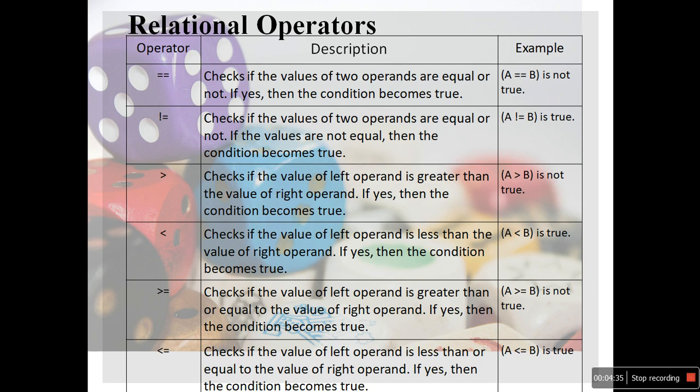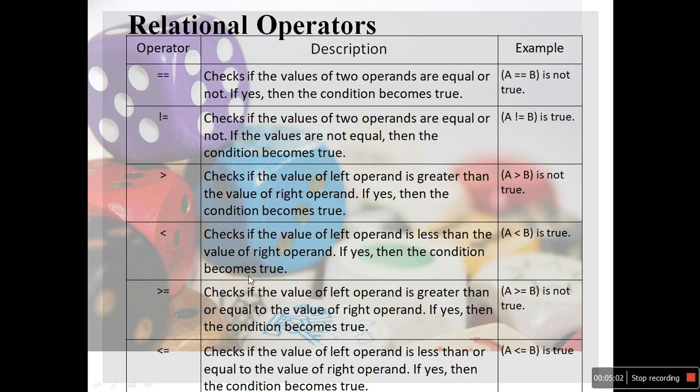If a is equal to 10 and b is equal to 15, that means a and b are not equal, so that is false. Our next operator is not equal to. This symbol always checks the inequality between two variables. If the values are not equal, then the condition is true.